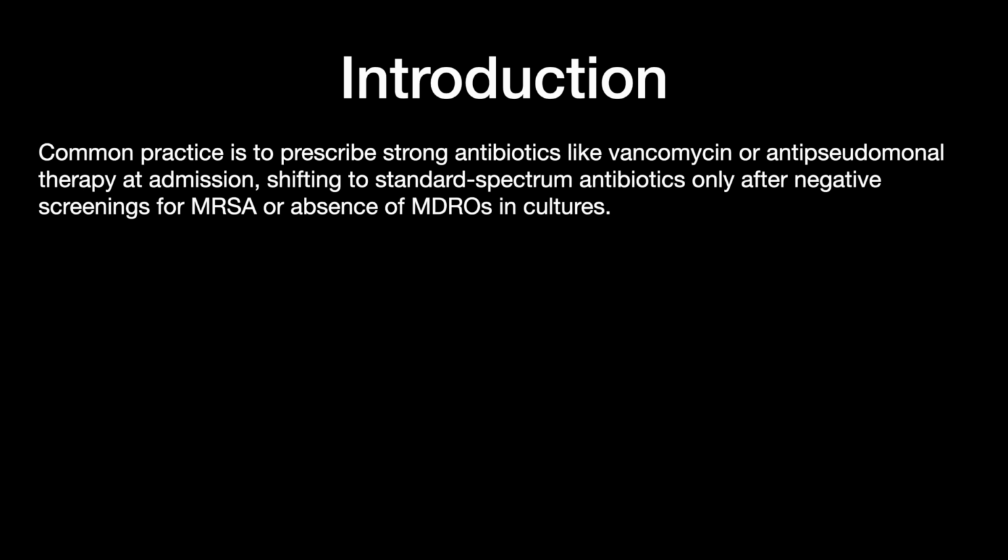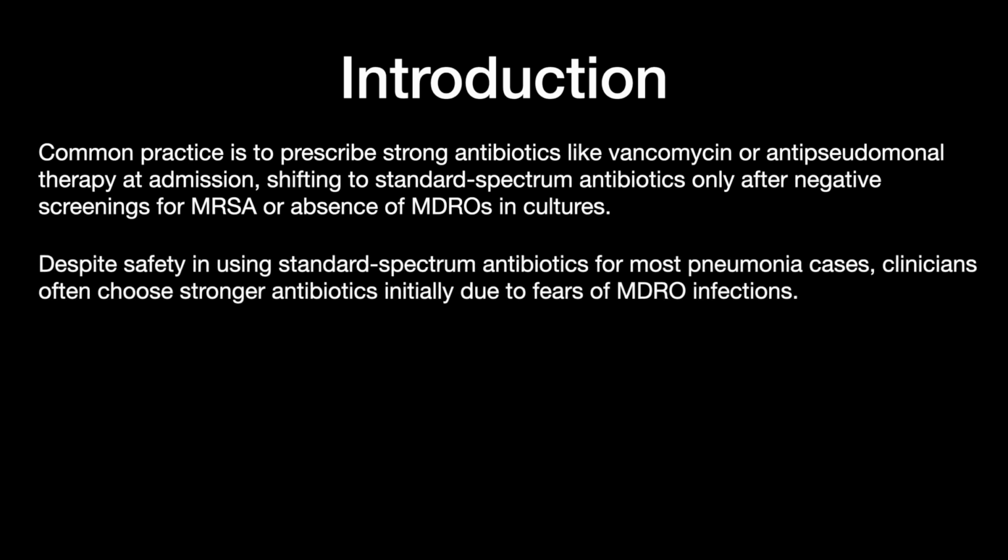and other adverse effects. Common practice is to prescribe strong antibiotics like vancomycin or anti-pseudomonal therapy at admission itself, shifting to standard spectrum antibiotics only after negative screening for MRSA and absence of MDROs in the culture. Despite the safety of using standard spectrum antibiotics for most pneumonia cases, clinicians often choose stronger antibiotics initially because